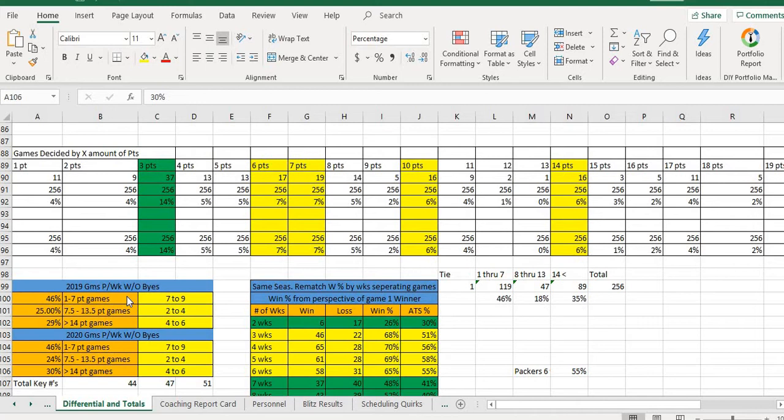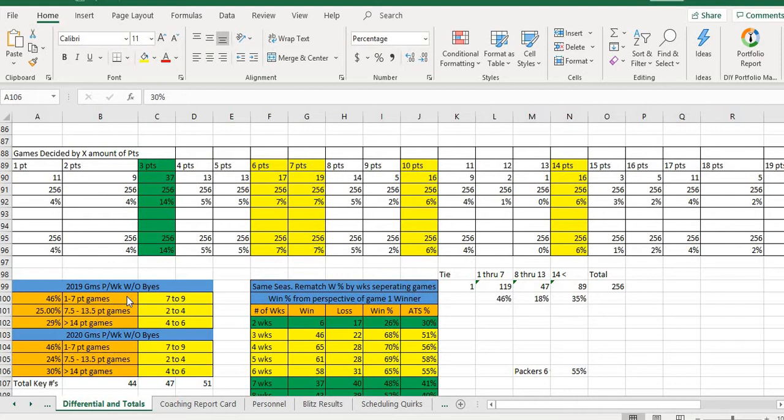So if you are looking at lines and you're saying, well, a -10, that's kind of a lot, odds are it's probably going to be a blowout, and that's why they're putting it at 10, especially if it's like a -14, same thing. Vegas or whoever you're betting against is thinking that it's going to be a blowout, and 14 is just right on the edge, and it's just enough to maybe scare you off of that number. But like I said, just keep in mind, close to 30% of games are going to be more than 14-point differentials.